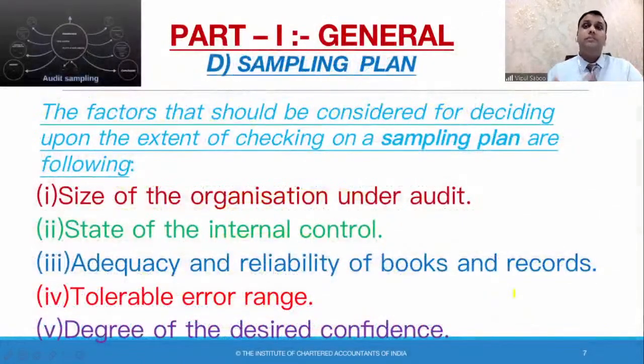So that is what, why does an auditor need the method, the technique of audit sampling? So in the sampling process, the auditor needs to plan. The auditor needs to plan, right? And if he wants to resort to using audit sampling technique, the auditor has to plan about that as well. We have done strategy, planning, and program. So while planning, he has to craft a sampling plan as well.